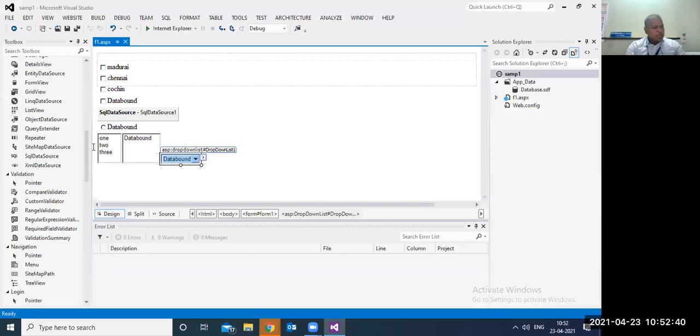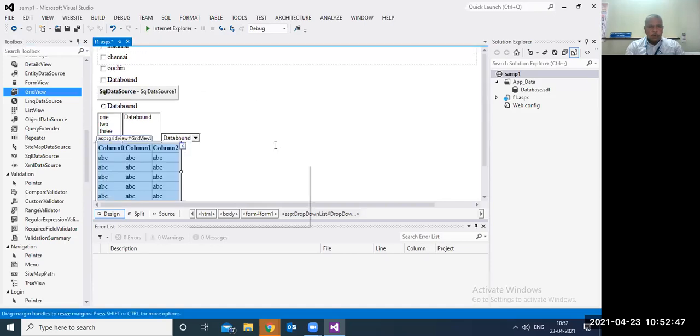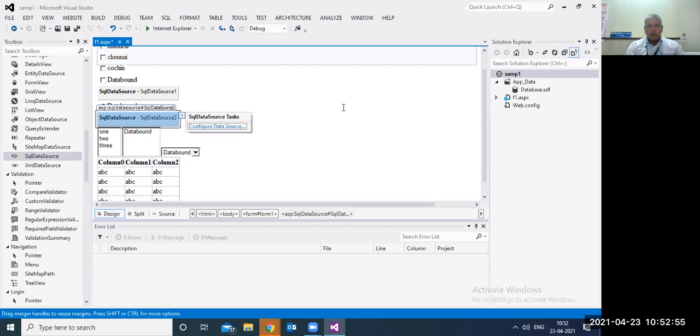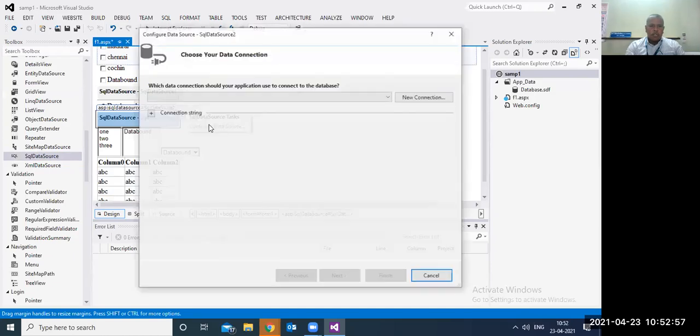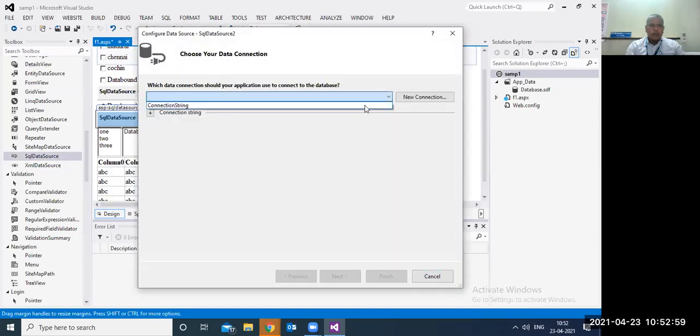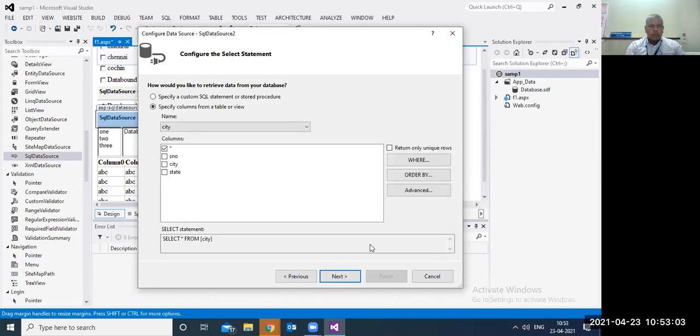The next one is data grid control. Here there's a grid view. For example, this is a multiple option you can give. For that, I am just taking another SQL data source. I'm just configuring the data source. This connection. Next, I'm just selecting all the data.